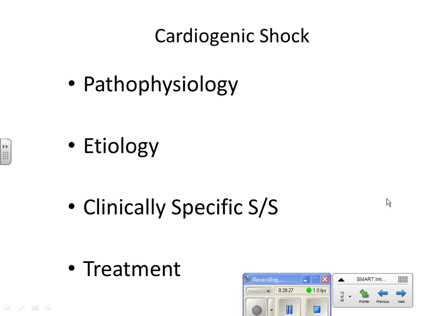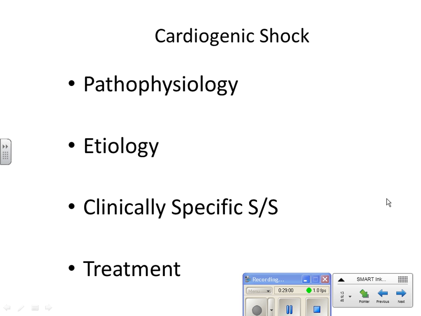So our treatment for cardiogenic shock is we need to fix whatever the underlying cause is. Some patients that come in with a severe MI and are starting to go into cardiogenic shock go right to the cath lab or go right to have a CABG. Because what we have to do is fix whatever the perfusion problem is for the heart so that it can pump properly. If it's because of valvular issues, weak valves that have caused the failure of the heart, then we have to go in surgically and fix the valves.